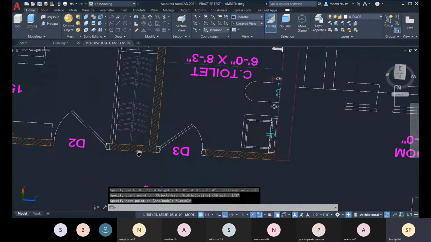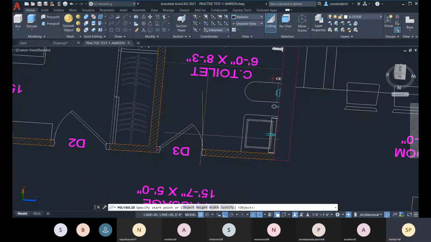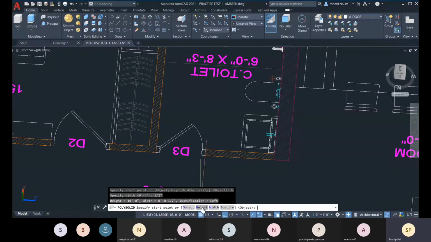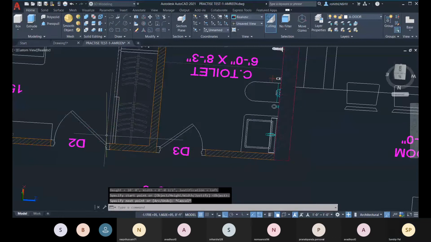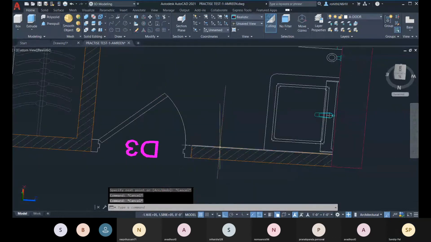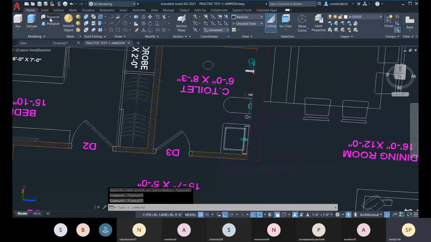Just a second. For the polysolid, the width you are specifying is 1/2 inches, I think, and the height you will be specifying, and then you specify the justification. So that is your left point. Sorry, just a second, guys. About the width,